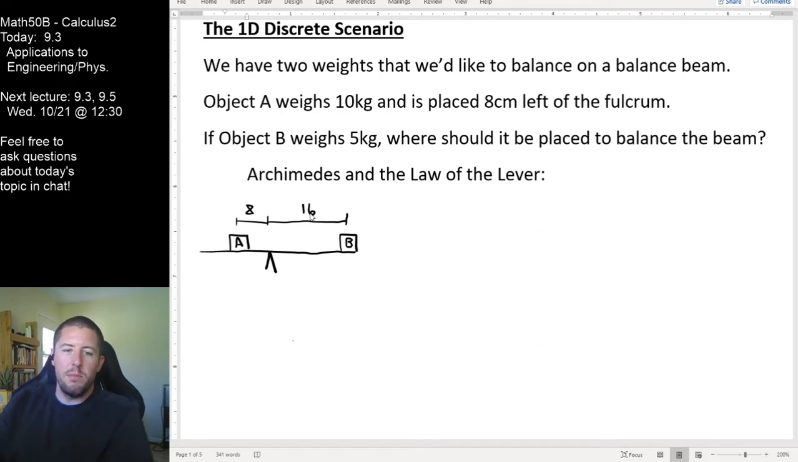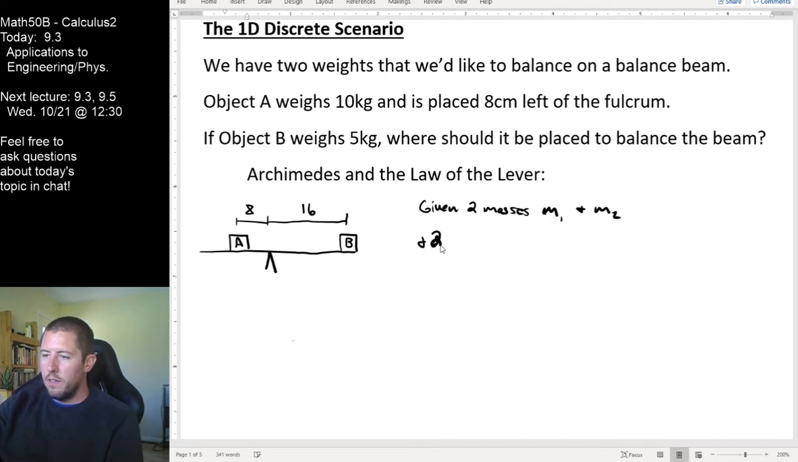And you can see in this fulcrum situation, it's similar because we're rotating, we're pivoting on that center axis right there. So what Archimedes in the law of the lever says is, given two masses, m1 and m2, and two distances,